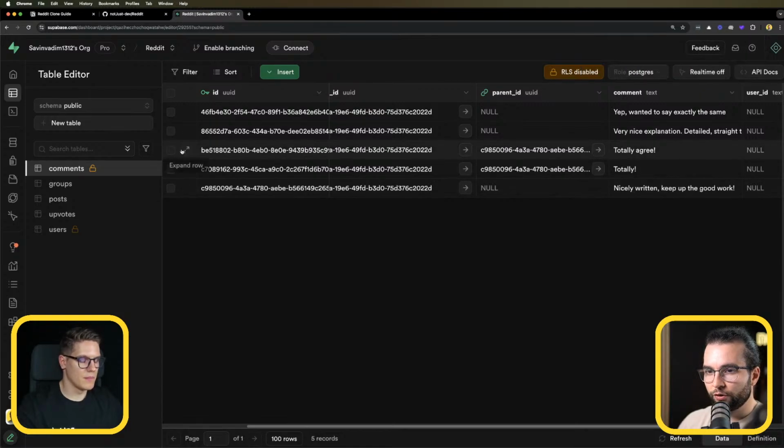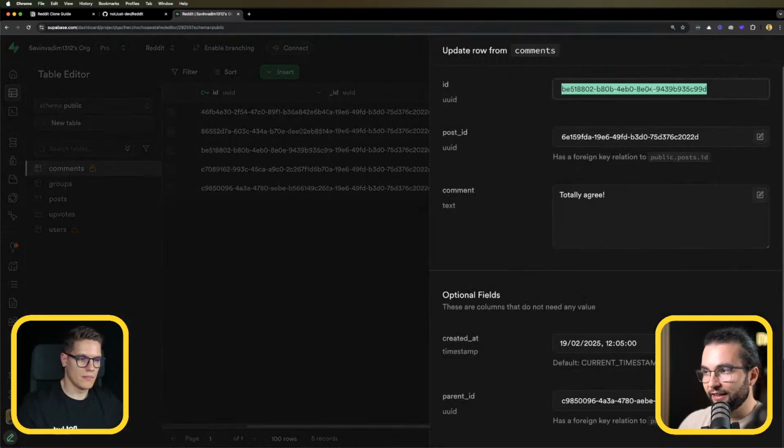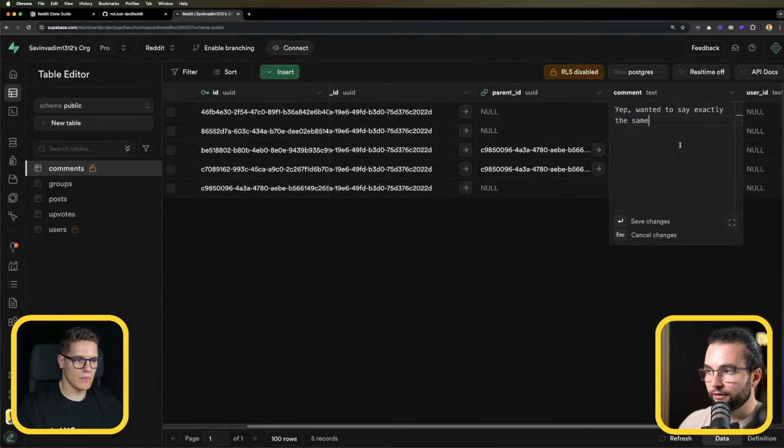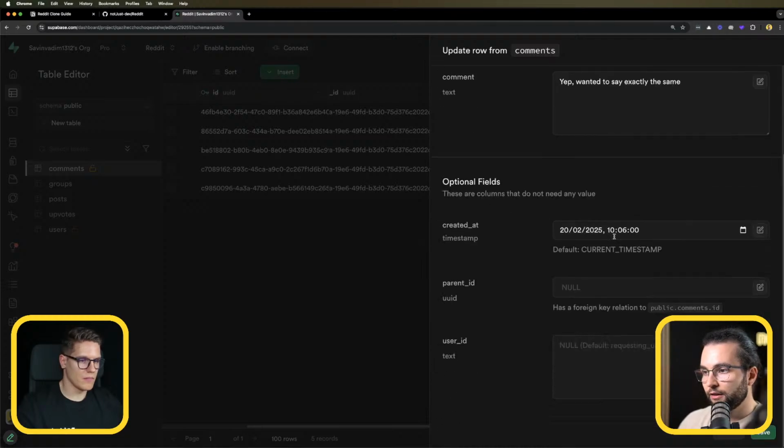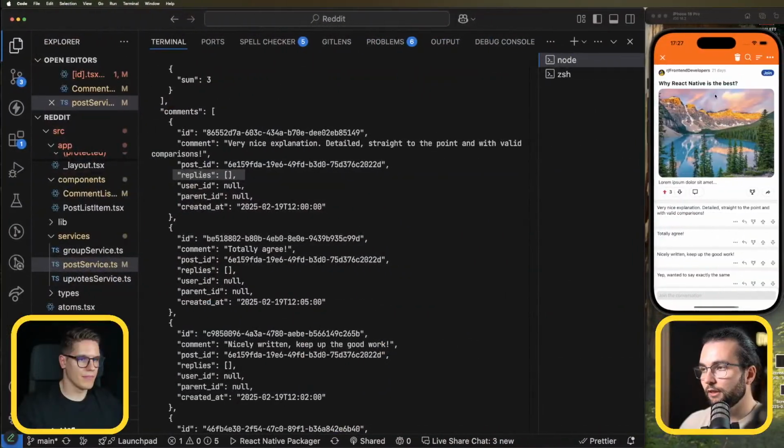And what I'm going to do is the third level. I'm going to take "totally agree", which is a reply, take its ID, and put it here. I wanted to say exactly the same as a reply of a reply, and to see how this is going to work. If I do that and come here,